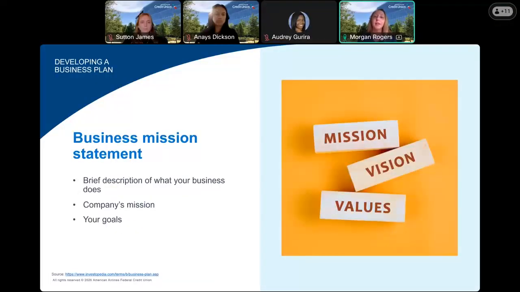Up next, definitely jot down a brief description of what your business does. What is your mission statement? Who are your customers? What product or service will you sell to your customers? Also, what is the value of the product to your customers? What is your company's mission? I know that's a lot of different questions, but you can just write those questions down and then sit down and answer them for yourselves. That'll really help you create your mission plan for your small business.